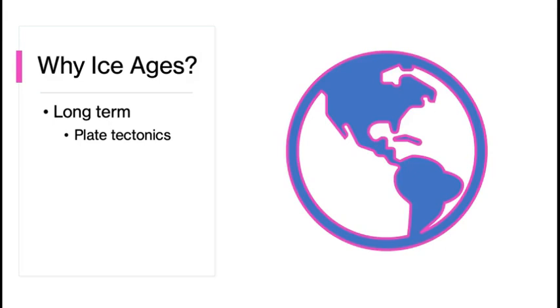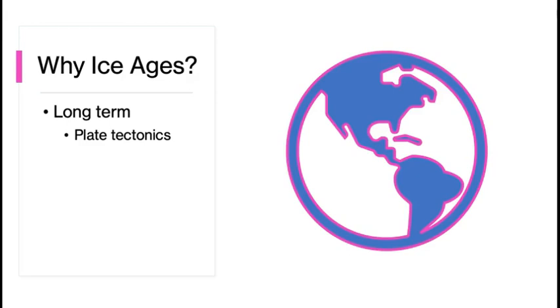Why does Earth have ice ages? To answer this question, we need to first consider the geologically long gaps of time between the four recognized ice ages. Next, we need to consider the significantly shorter periods of time between the glacial and interglacial periods within an ice age. Plate tectonics, most simply and effectively, explains the long-term cycles of hundreds of millions of years separating the four